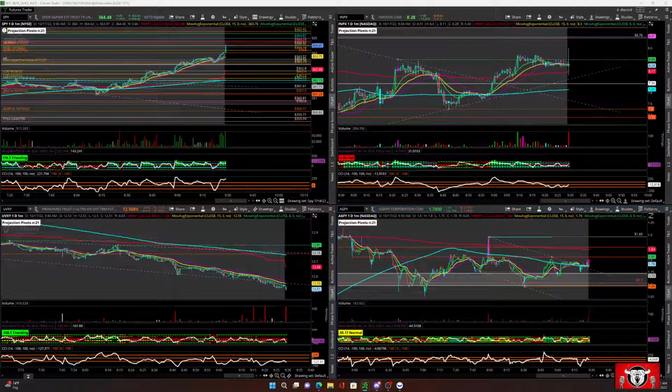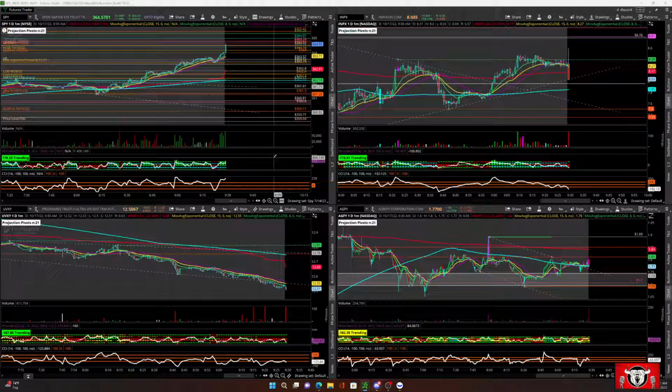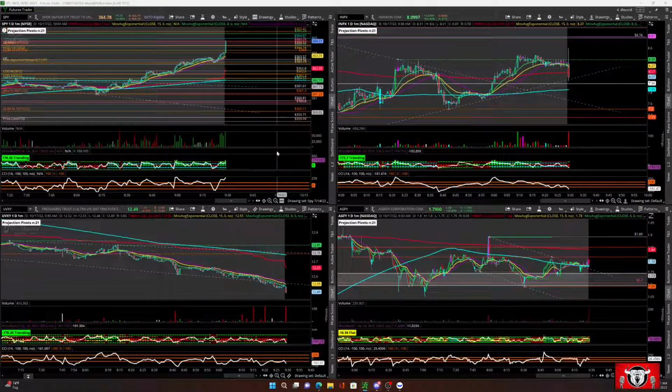Checking out a few things. We got the SPY here. If you look on the 1 minute chart on the MES, that's one big candle right now. 367 is possible, but that's